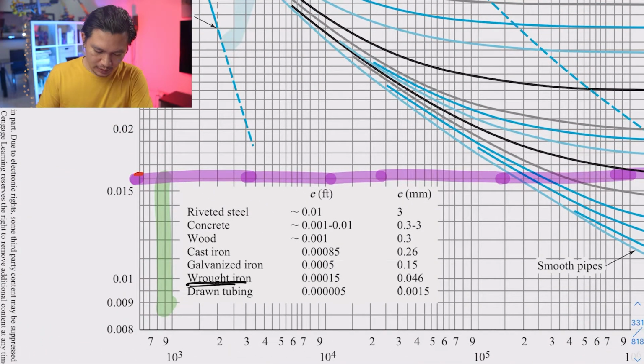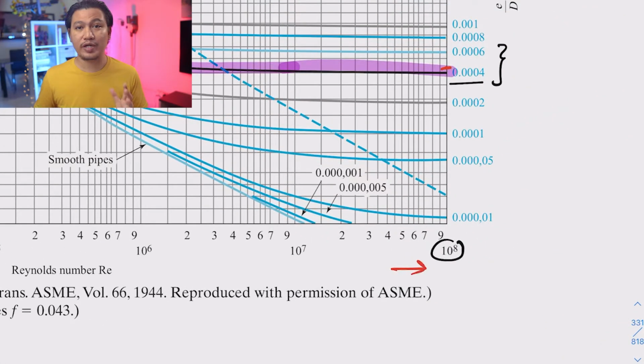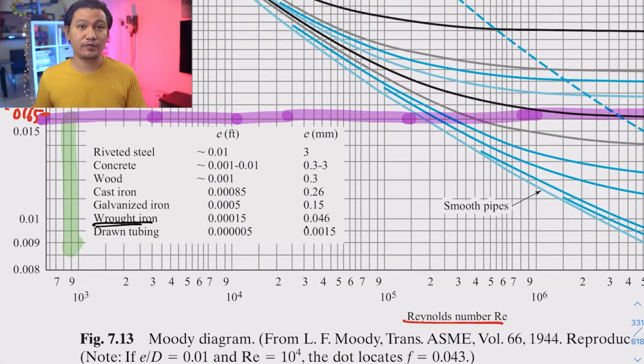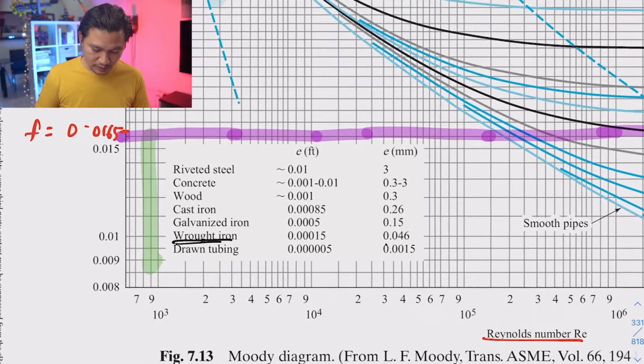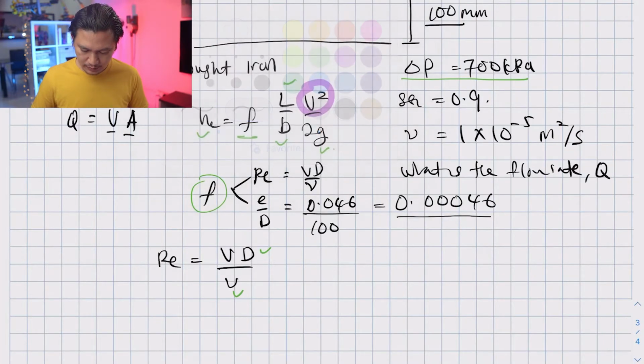Now, our friction factor is about 0.0165. Okay, so don't worry if you choose 0.016, because the best we can do with a diagram this small is to approximate. So now I'm going to take f equal to 0.0165. Now remember that this f is not final. It is based on the assumption that our Reynolds number is very high. We still need to find our actual Reynolds number before we find our actual f, right? Let me get back to our notes. Now f is